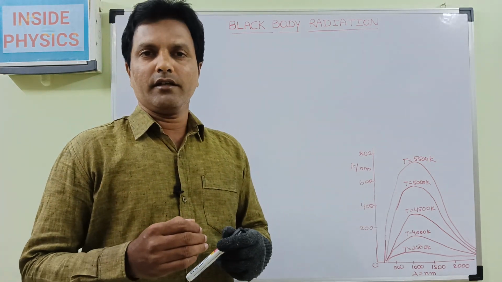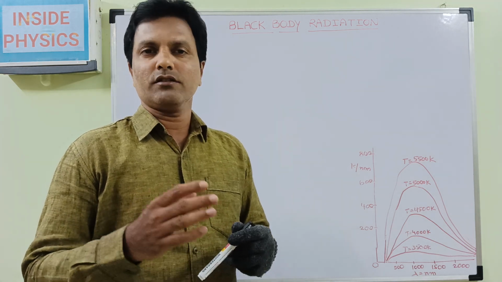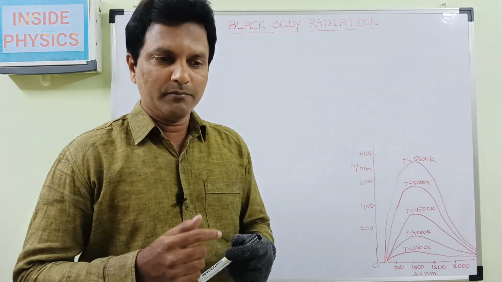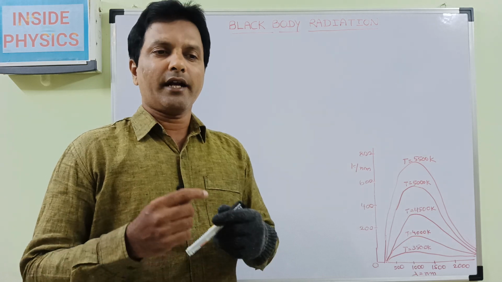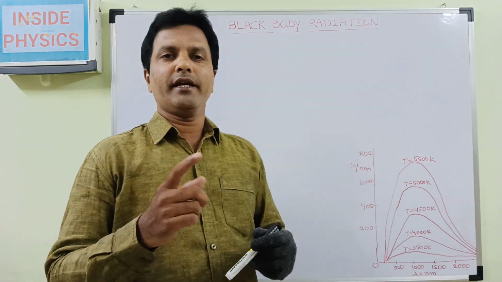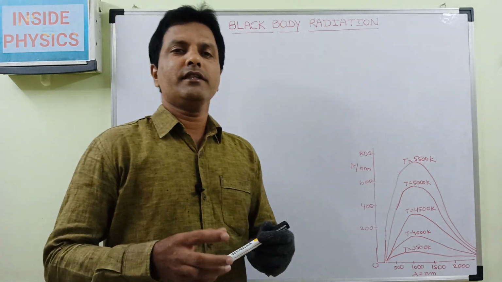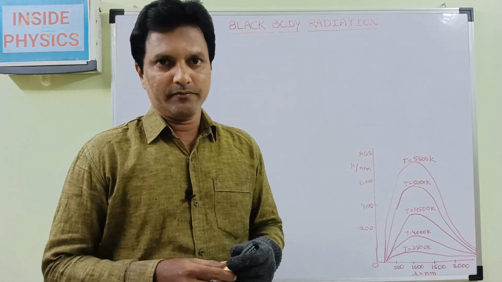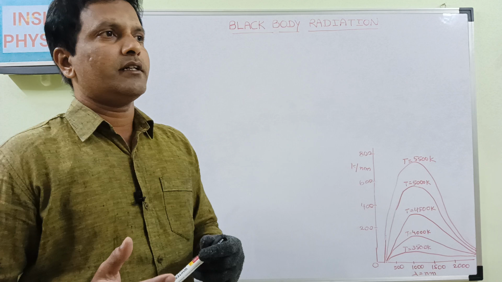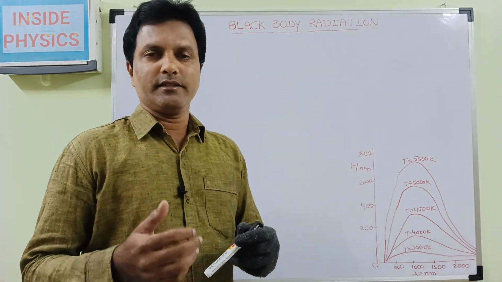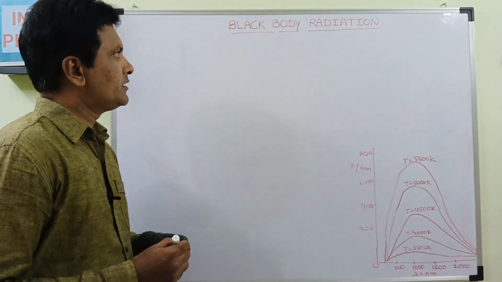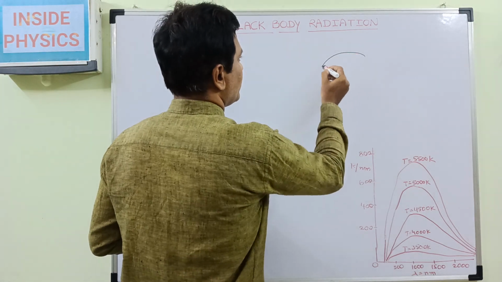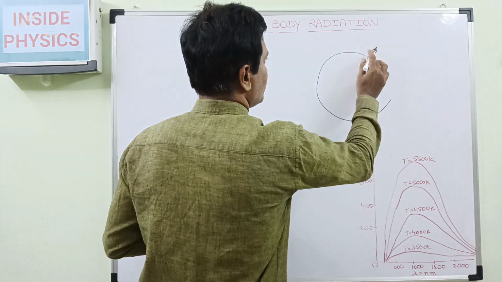Generally, a perfect black body is not there. Okay, but an idealized black body, that means a practical black body, can be made by a sphere with some cavity inside. Okay, so a metallic sphere with some cavity inside. Okay, so how that sphere with a cavity inside can be considered as a black body, that we will see with the black body cavity diagram. Okay, if we consider a sphere with some cavity,